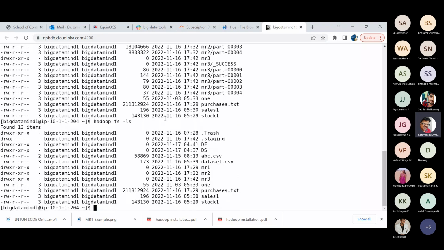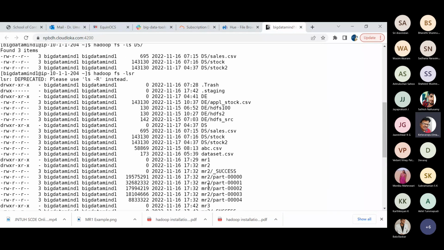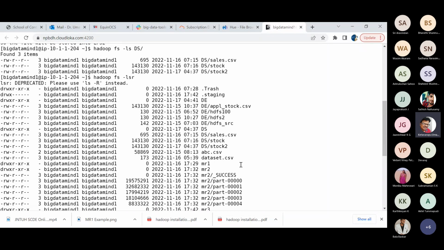If you observe, this plain ls is only giving the directory information. It is just to see directory information, and it is not revealing the inside data. Even MR1, MR2, MR3 are also directories, and it is not revealing any internal files which are there in these five folders. But if you want to see the actual files or actual inside data directly from a command, then you can make use of this